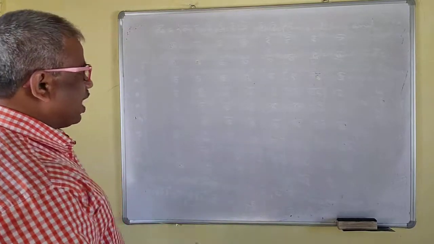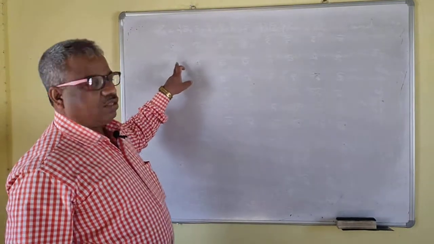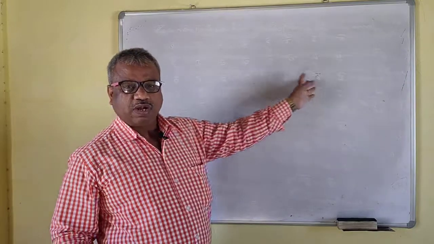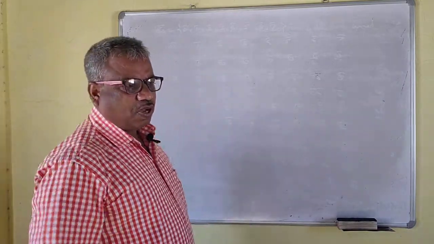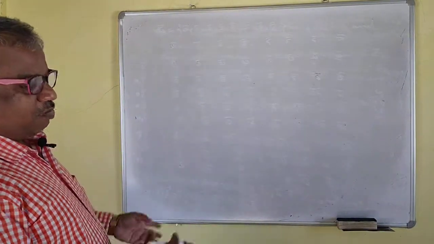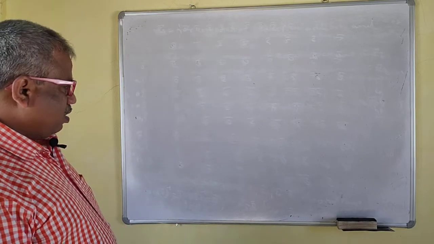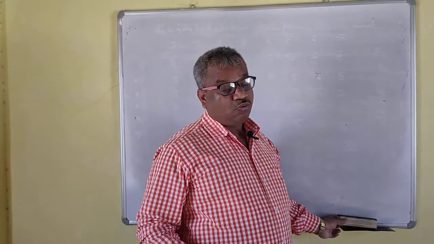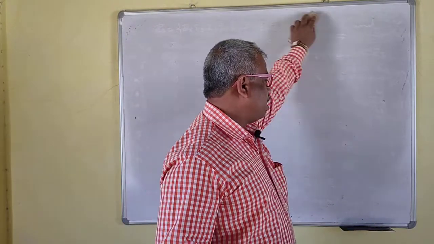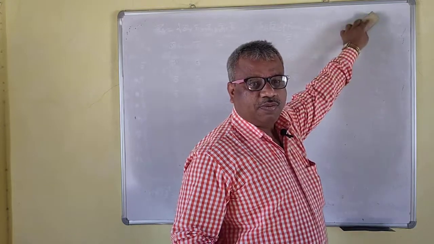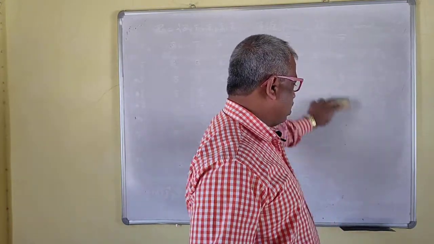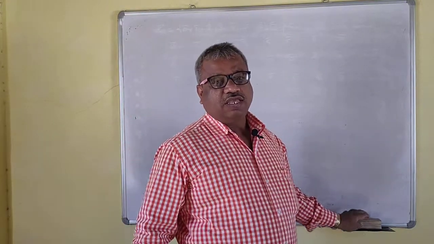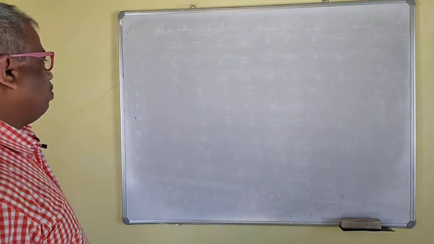For addition, no problem. If you start from here, up to this, 0 bar, then 1 bar, 2 bar, 3 bar, up to this one. So for addition it is very easy. For multiplication we have to do some calculations, so finding the remainder is the crucial part here. At least you should know the table up to 30. If you don't remember up to 30, you should remember up to 10. So you need the table.